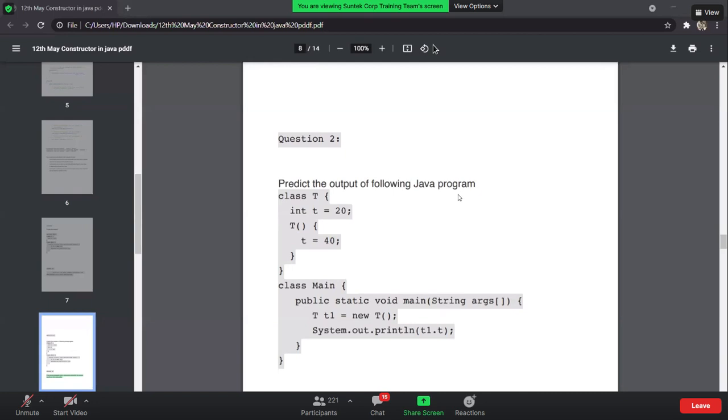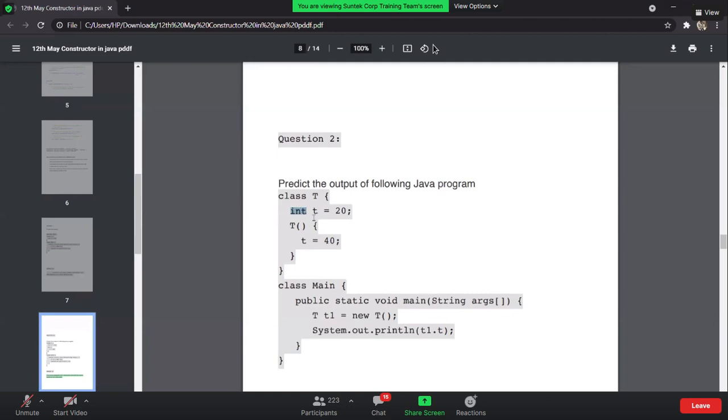What should be the output for this one? Error, no int declaration? Okay, 40? Okay, 20. Let's have a look at the answer. No int declaration: I don't see that we have put an int over here, and we don't have to put it again explicitly because we have already defined the int over here.